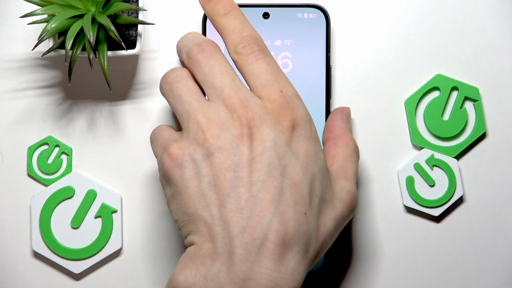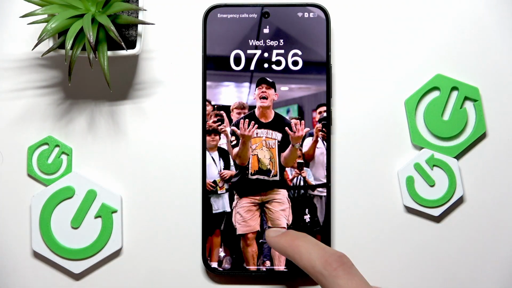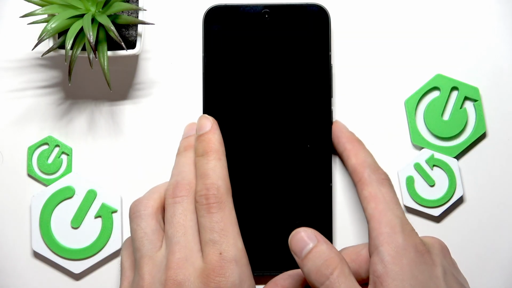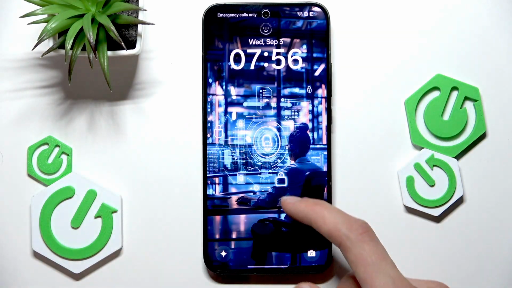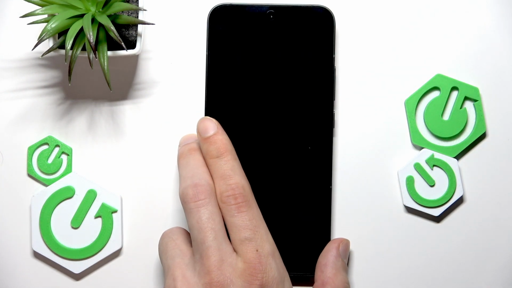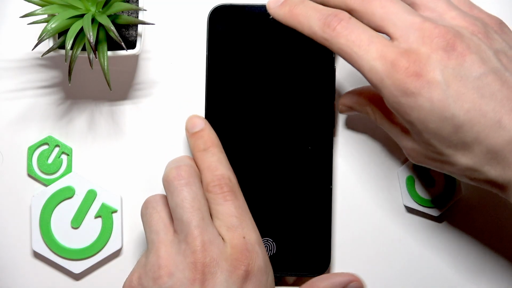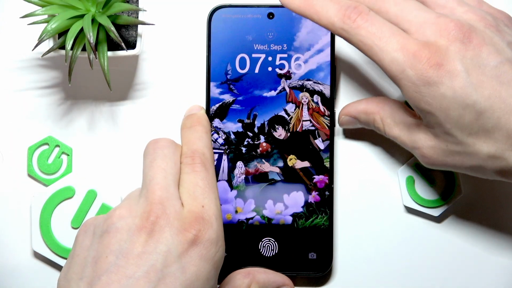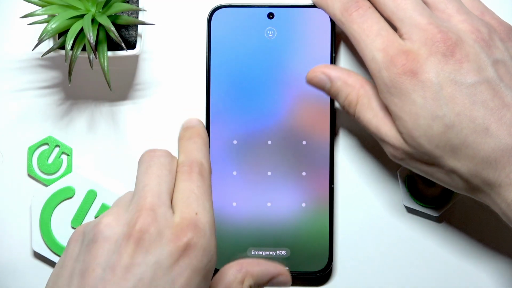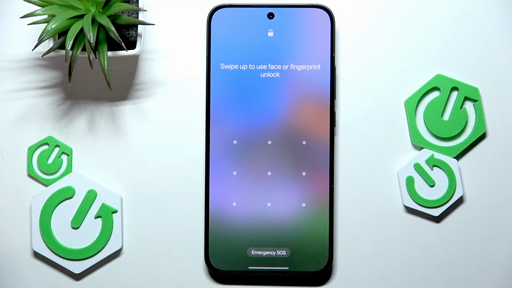And now I'm gonna explain to you what to do if you didn't exactly forget your lock screen password. Well, if you do remember your password but you still cannot use it in this menu, then the best decision would be to try to do the same thing, but in the safe mode, where there are no third-party applications that may affect the way that your lock screen behaves, and your phone is basically less laggy in the safe